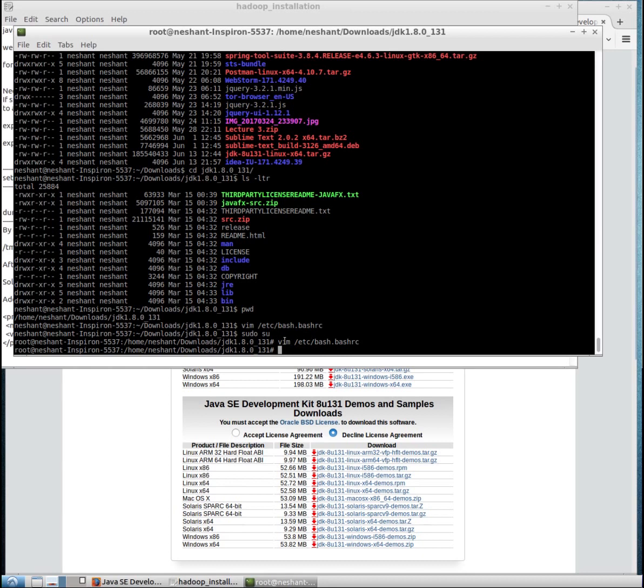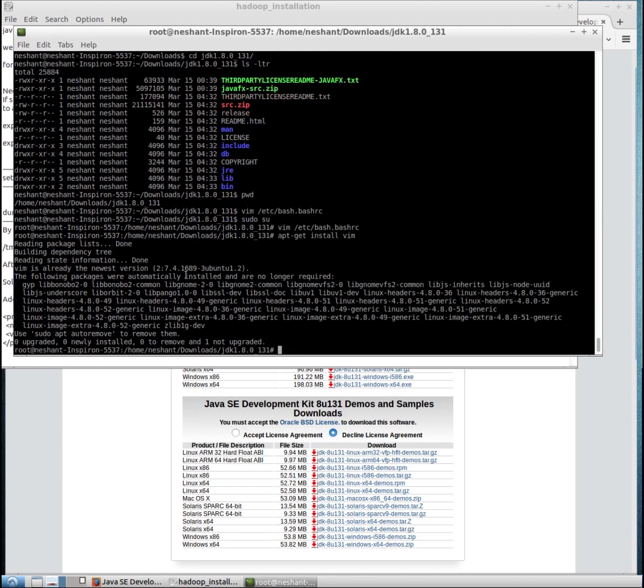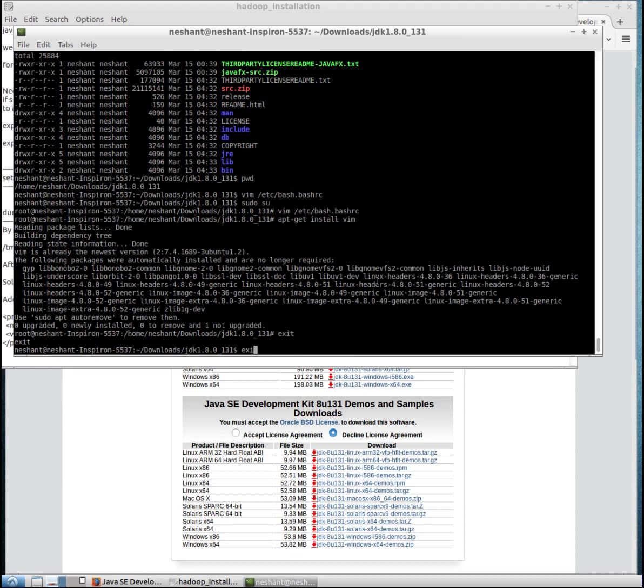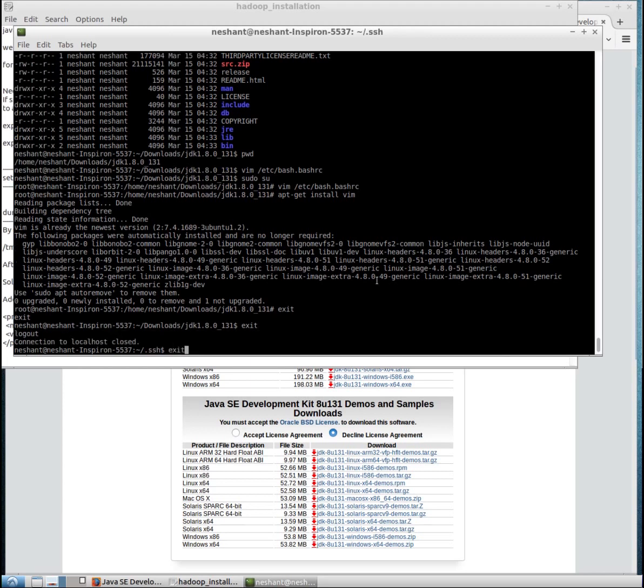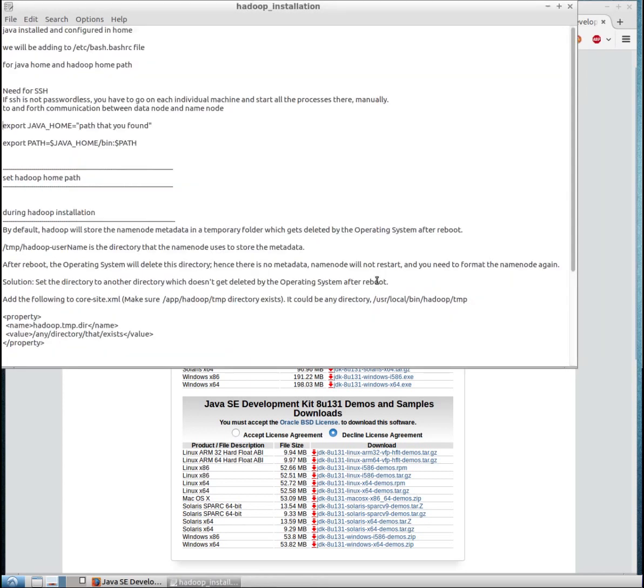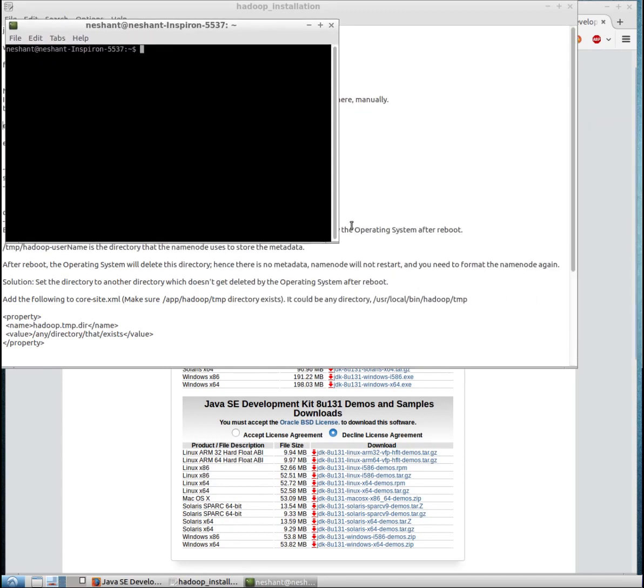If you don't have vim, you can actually use nano as well, but for installing vim you can use this command. As a root user you can run apt-get install vim, and it will install it, but I already have it, so it will try to upgrade it. Cool. So I'll exit back to my user and I'll exit out of this shell to see if the changes have already been reflected. Let me close this and I'll start again using the shortcut Ctrl-Alt-T. So here we are back again.